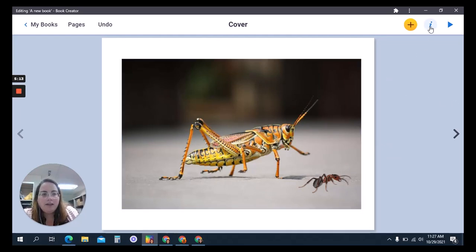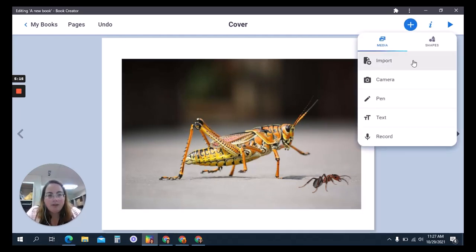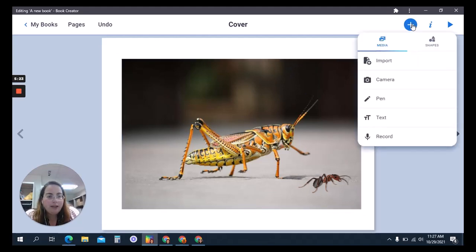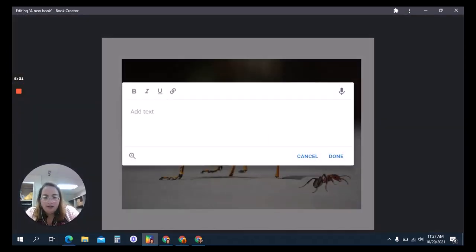I need the title of my book. So I'm going to do the plus sign again, because again, I'm adding something else. Please note that if I am on something, if I click the plus button, it's going to show me everything. Okay, so you don't have to worry about that. So I'm going to add the text, and I'm going to call it the